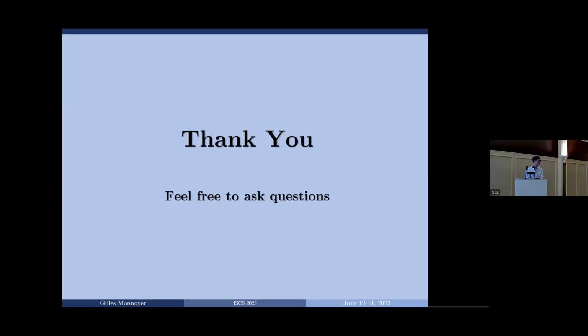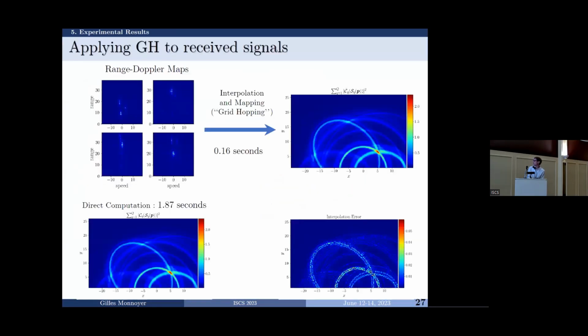When you did your real measurement using your setup, did you uncover unexpected effects that your model wasn't considering, or was everything going to plan? Well, I'm not sure exactly what you mean by unexpected effect, but of course there's a lot of unsaid processing in this presentation. Before applying our algorithm, there is a whole pre-processing of the data in order to remove the clutter. And moreover, the one difficulty with our signal